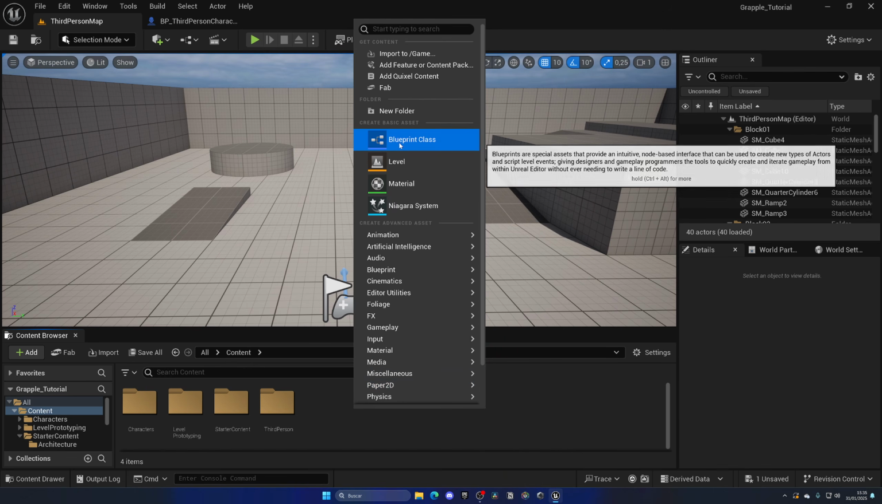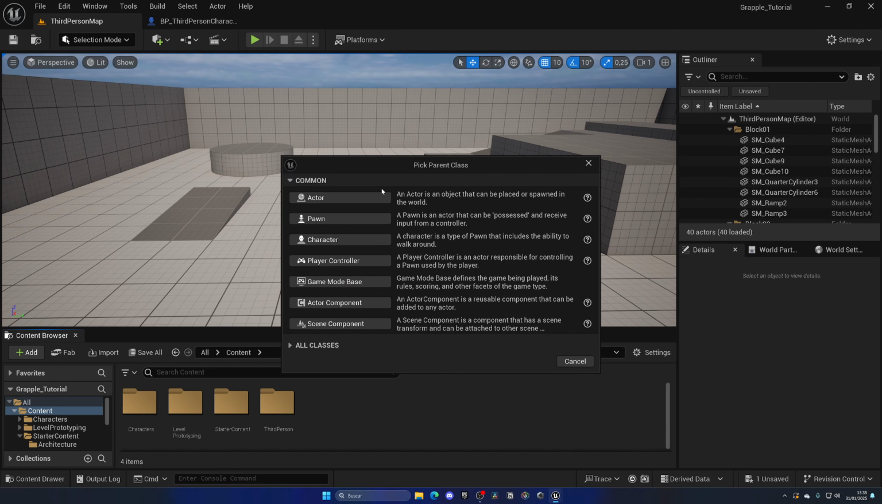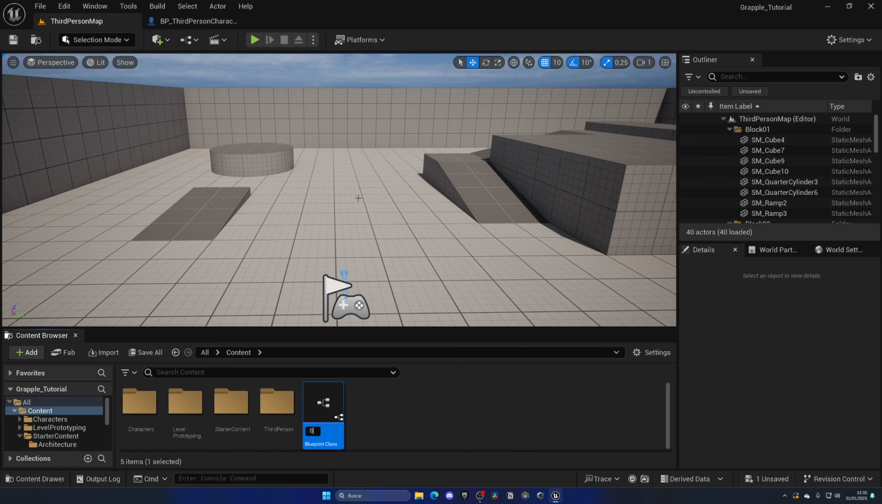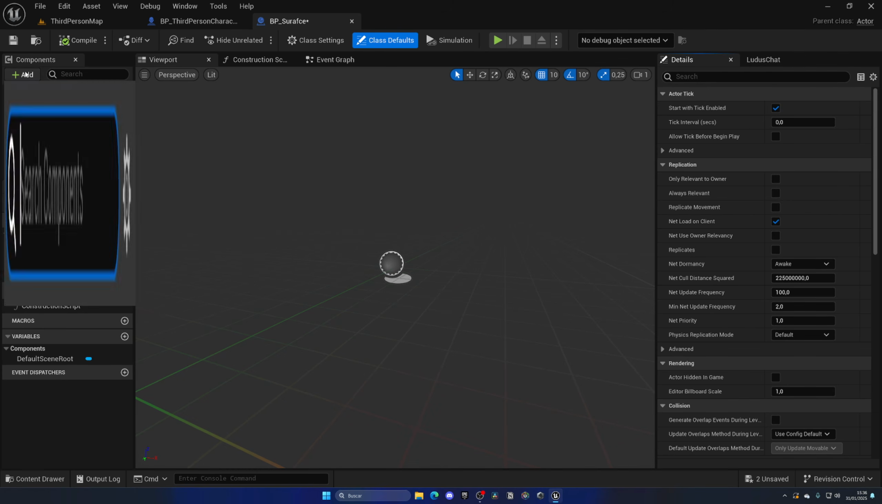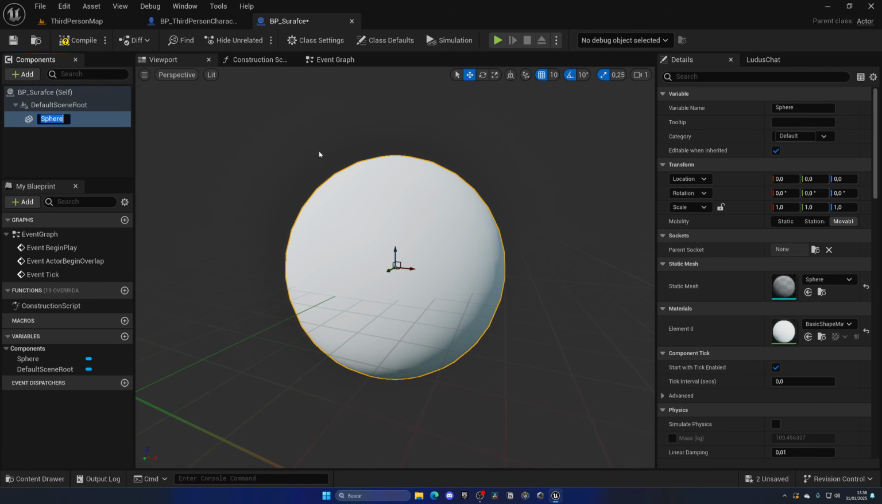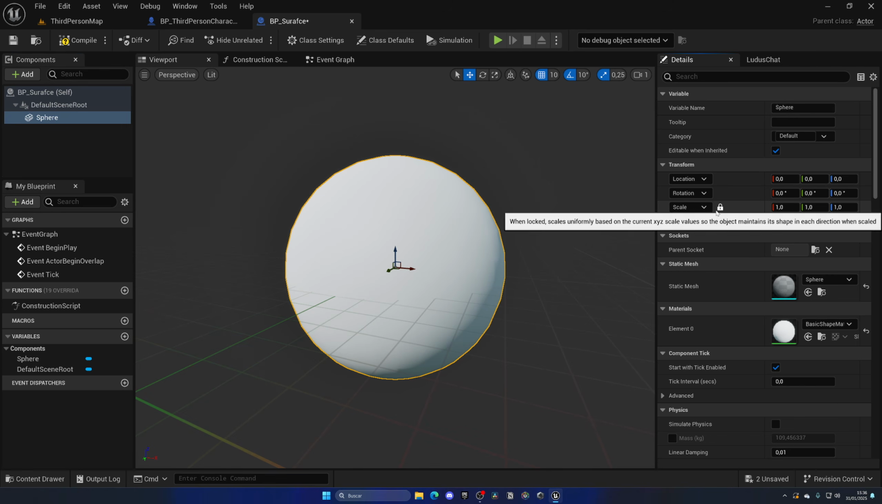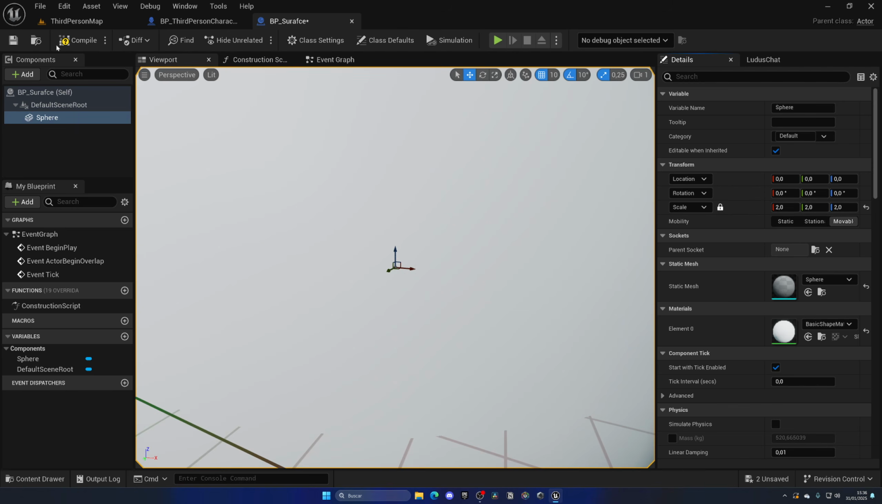So in the content browser, let's right click and create a new blueprint class and create an actor. This will be BP and then something like can grab or grabbable or whatever you want. In this case, it's like surface. And then let's add a sphere, and this is going to be just a simple sphere. And let's make it like 2 times bigger,